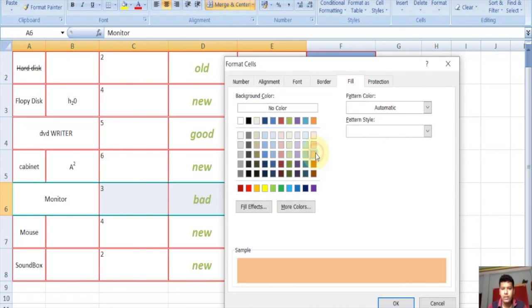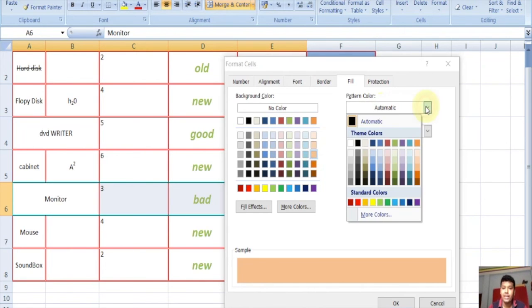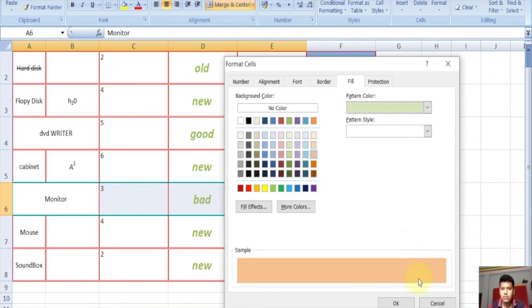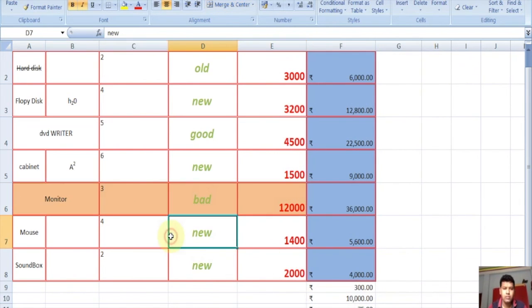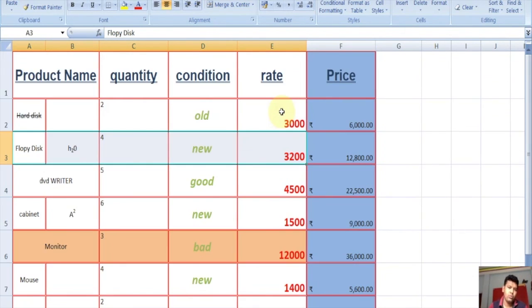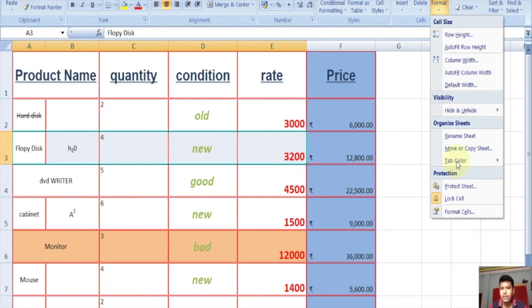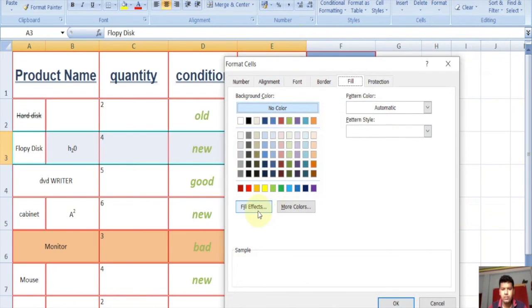and if we give a fill color, we can also give a pattern color here. Select all the rows that we want to make a fill color, format cell, fill color.